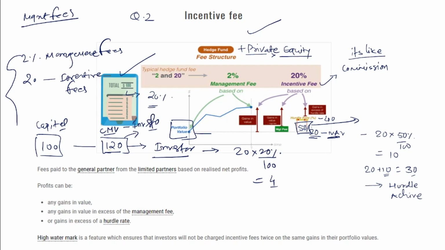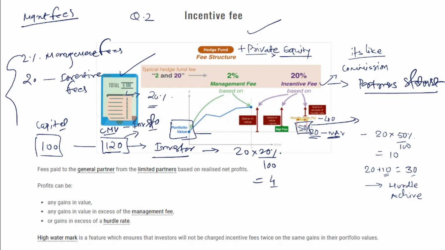From an accounting perspective as well, the incentive comes into the picture. This incentive fee will be recorded only in the partner statement, not in any P&L or balance sheet. It will be recorded in the partner statement because this is like an inter-transaction between limited partners and investors, where the investors pay the fund managers.